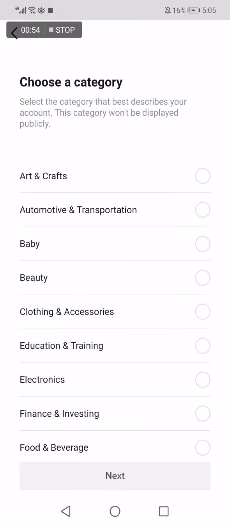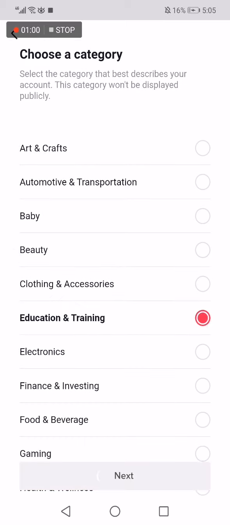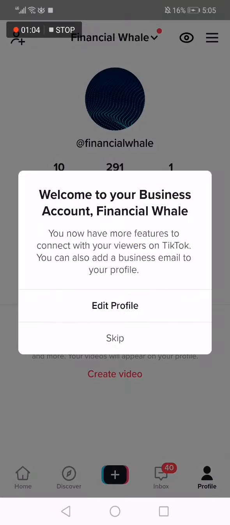and here you go, everything will be done now. Just click next, choose your category, for example education, and click next. And this is my account, it's